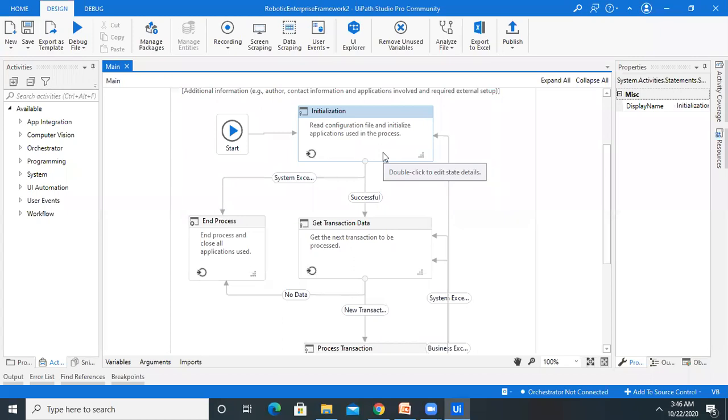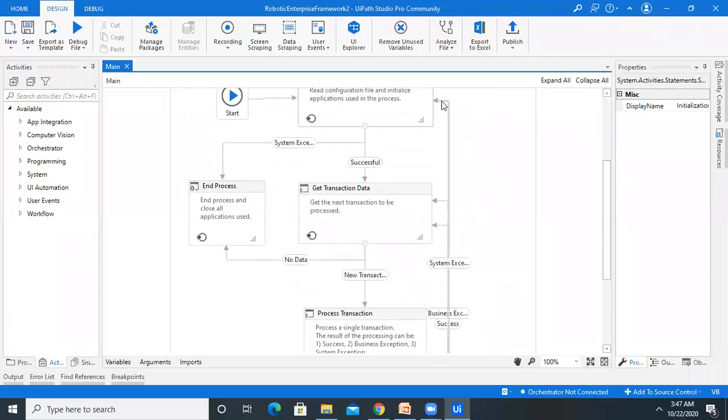Every state has its own speciality, where we can declare the data, configure the file, or do some other processes. You can also see the transaction moving from one state to another.